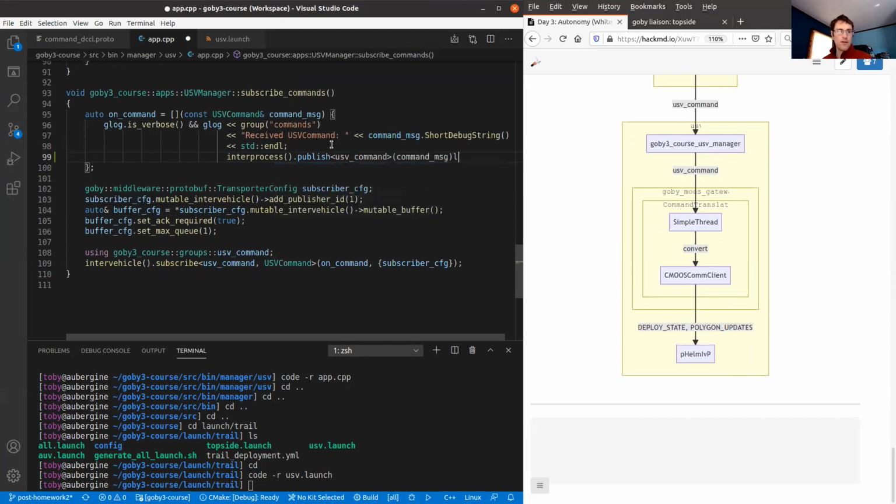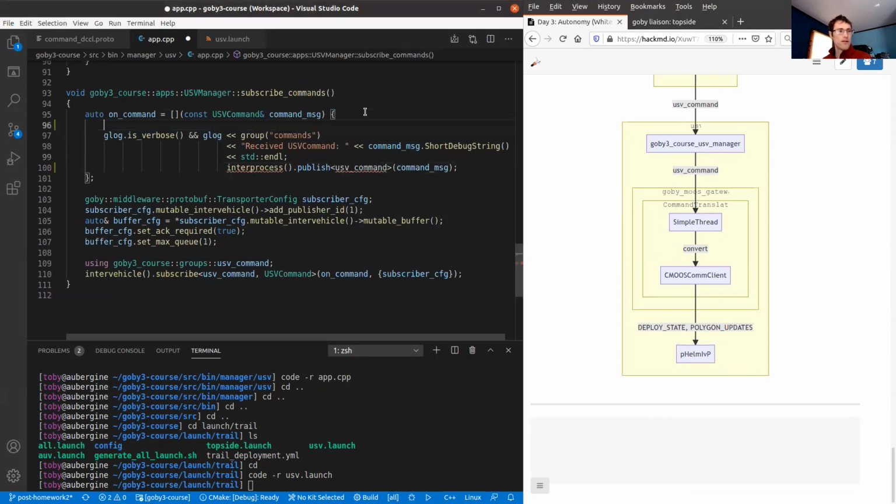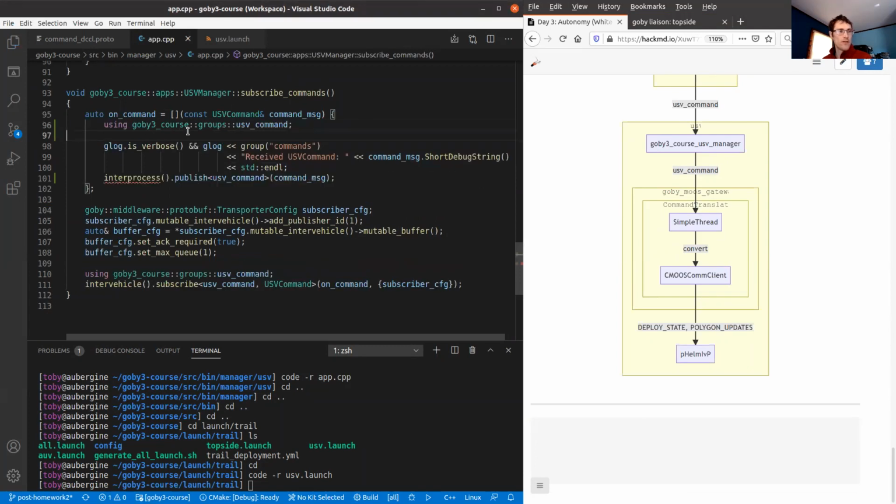And I'll just reuse the same group, because why not? And that group is fully qualified, the full namespace. And in order to call interprocess, I need to capture this class in the lambda.